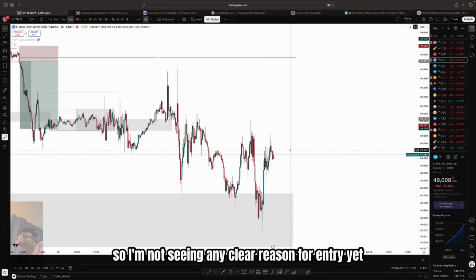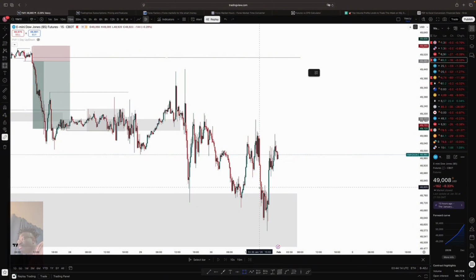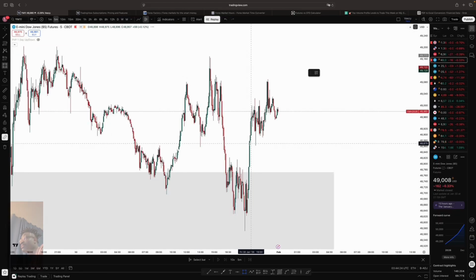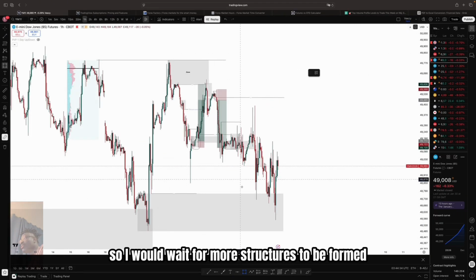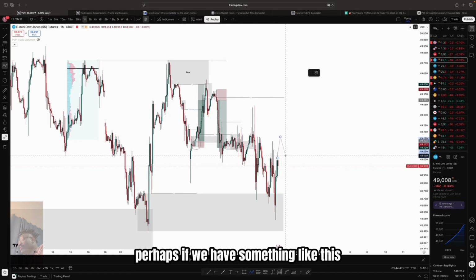I'm not seeing any clear reason for entry yet, but this may be, if price tries to retrace. I'm honestly not seeing any good zone to join the trend yet. So I would wait for more structures to be formed, more order flow. Perhaps if we have something like this,